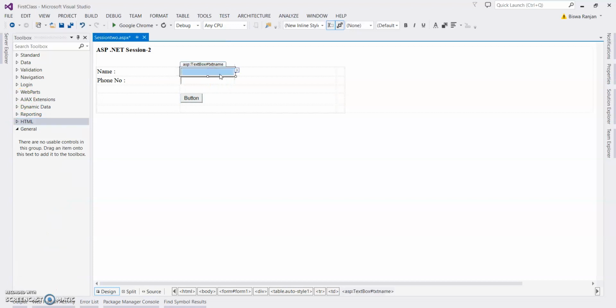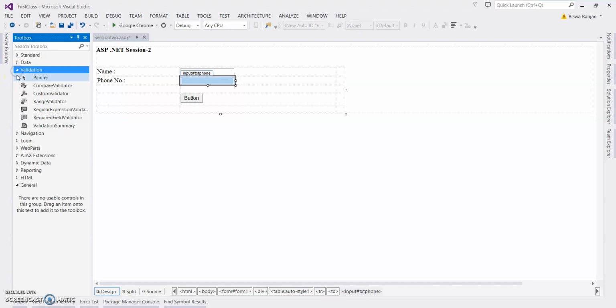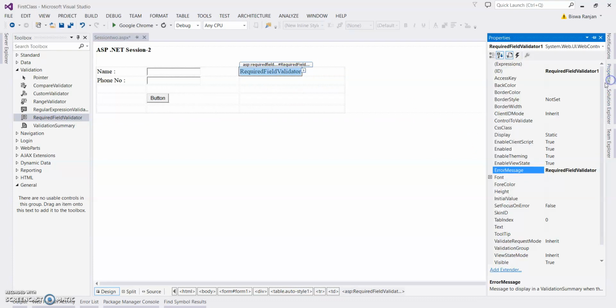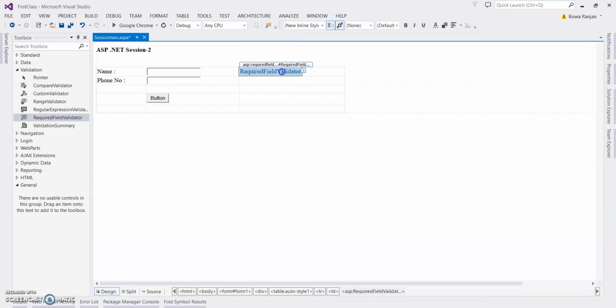I gave the names txtName, txtPhone. In validation, you can see RequiredFieldValidator. Just drag it to your page. Select this one, go to the properties, error message. In error message you can enter the message. In this required field validator I want to validate txtName, this name text box. Select it, go to properties.